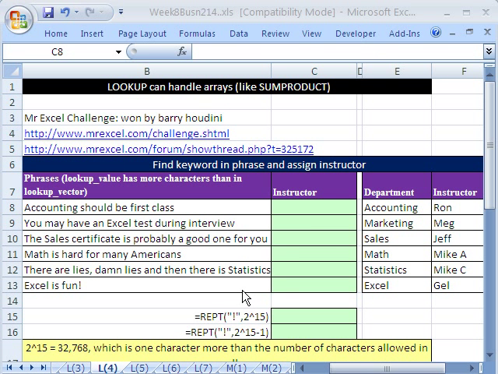Now, we're not only going to see that the lookup can do 2 vectors set up wherever in the spreadsheet, but we're also going to see in this trick that lookup can handle arrays just like the SUMPRODUCT function. Now let's look at our setup here. We have some phrases. Accounting should be the first class. You may have an Excel test during your interview. So we have longer text strings. And we actually need a formula to take the longer text string and look up and find a shorter subtext string and return from the